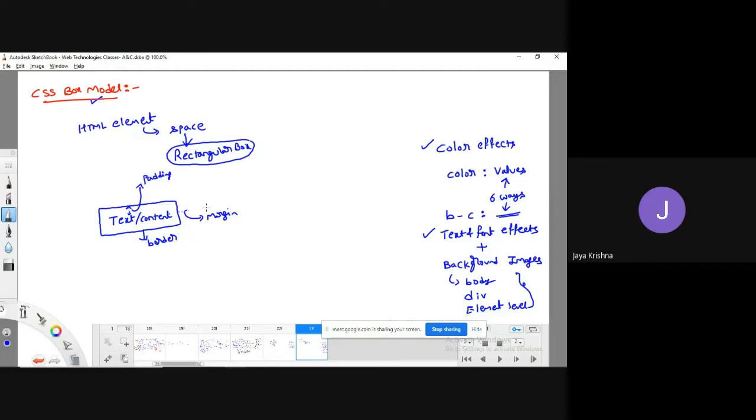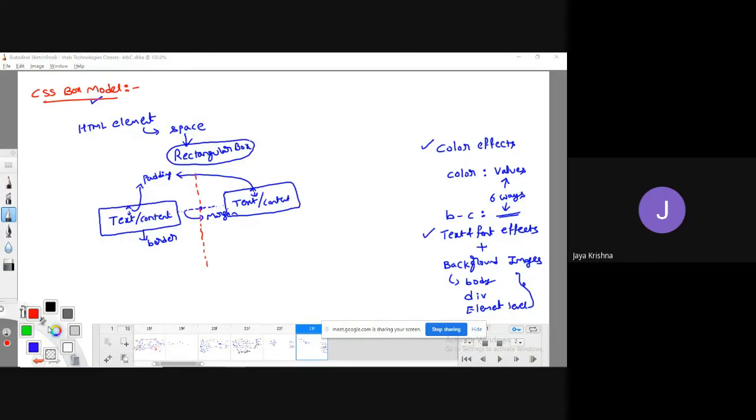Now, if I would like to add some more text, then it will have a content. For this text, once again, there is some kind of padding. After padding, we'll have a border. After the border, we'll have a margin. Meaning that for this element h1, its location extends up to which location? This location, this location, this location.